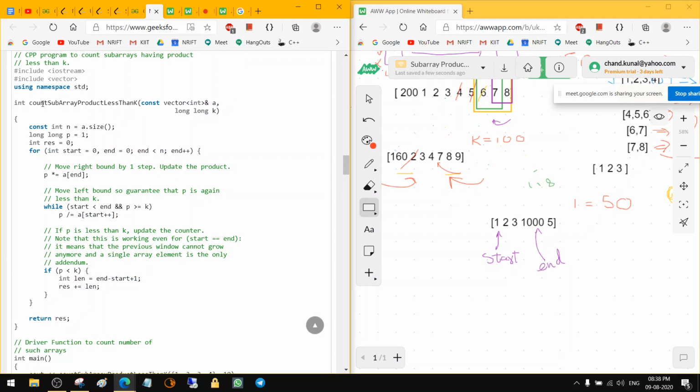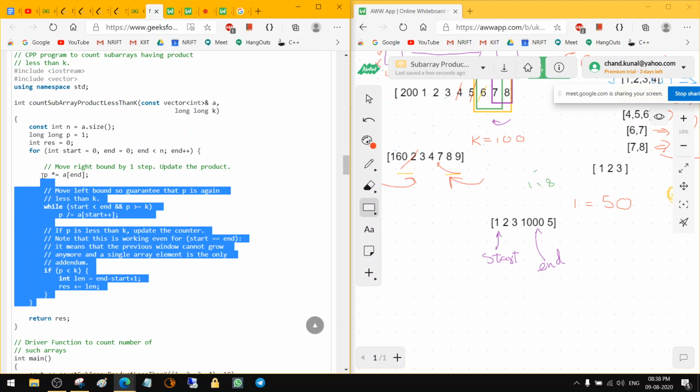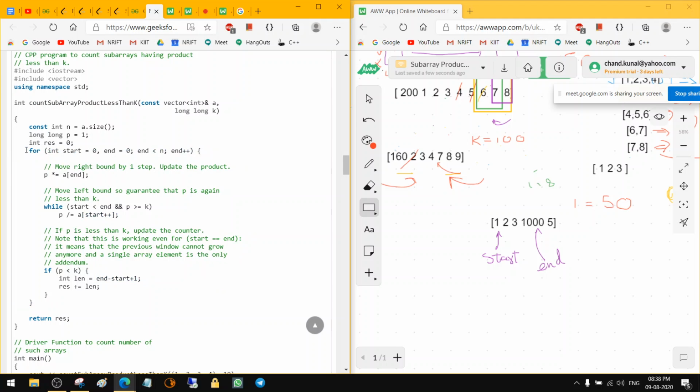Inside this count subarray function, and it's very small. So we are including the new element. At the very first, we are including the new element, and how we're doing it is